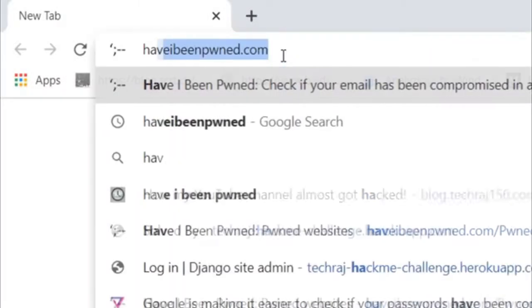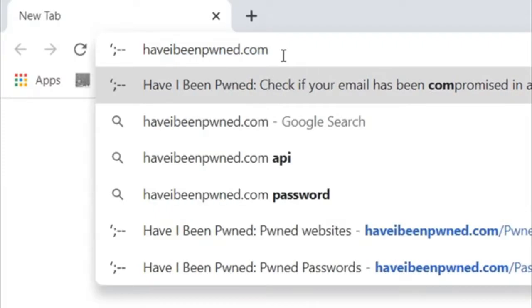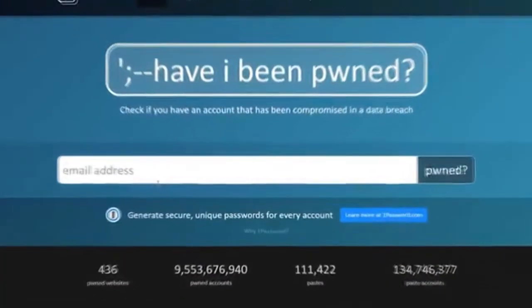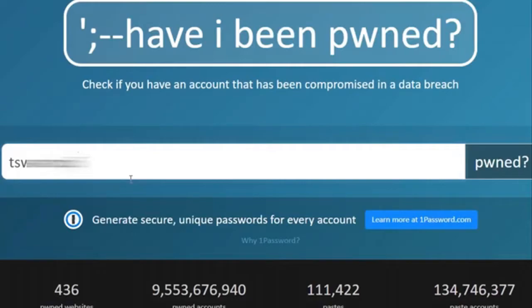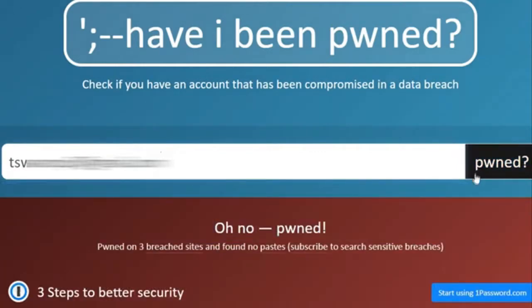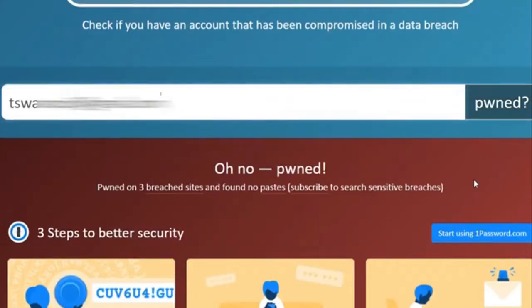If you want to check whether your credentials are included in any data breach, you can go to haveibeenpwned.com and enter your email to search for any data that is associated with that particular email in any of the data breaches on the internet. But let me also tell you, even though your results are negative on this site, your data might still be in one of the breaches, which is not popularly known but still exists.